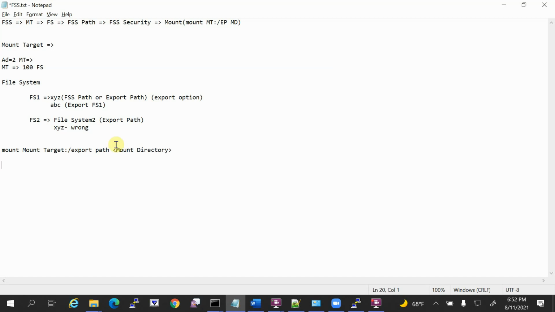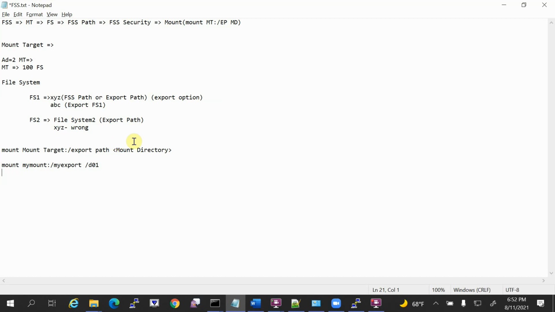So for example, mount target my mount, export path my export, I want to mount it as D01. Understood? Of course, you don't want to lose this mount point whenever you reboot your server. If it is Linux, you have to add it in /etc/fstab. Okay.